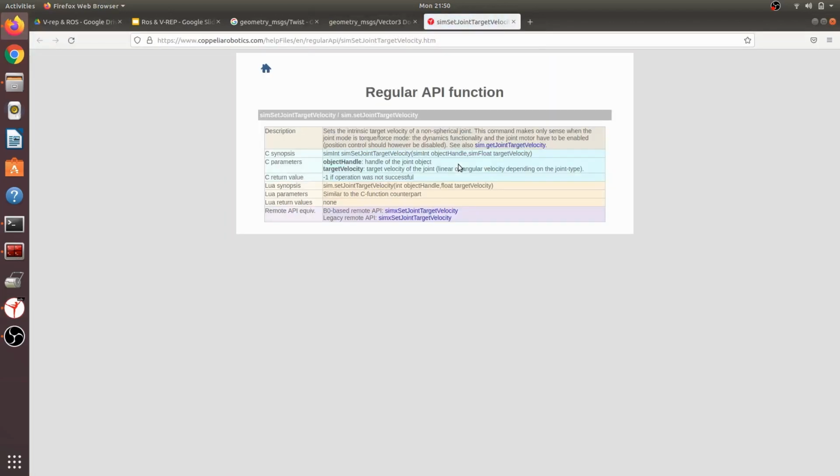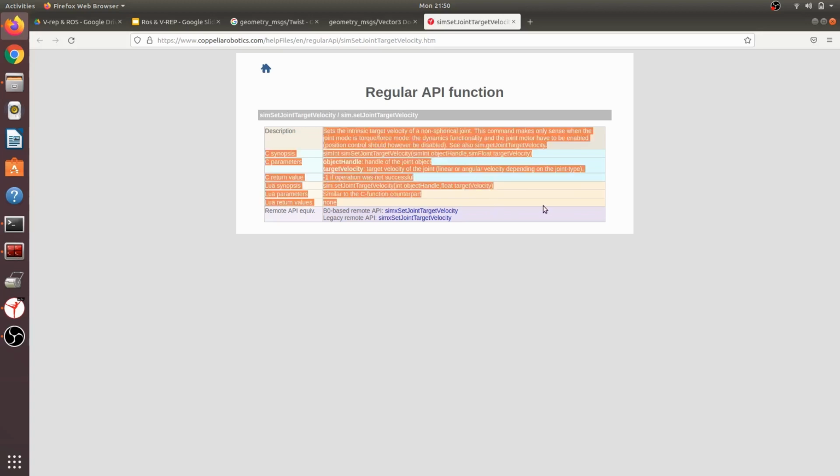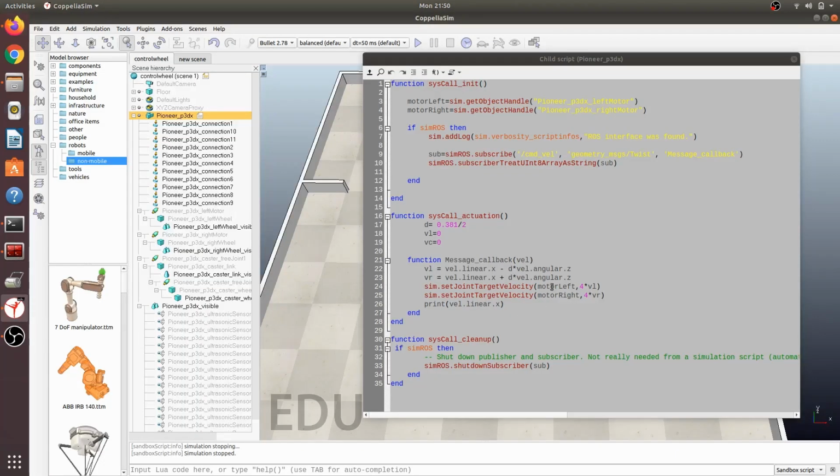Now you can see this is taking two, one is the object handle, second is the target velocity, the velocity you want it to rotate at. You need to give an angular velocity to it, and you can read it in much more detail.